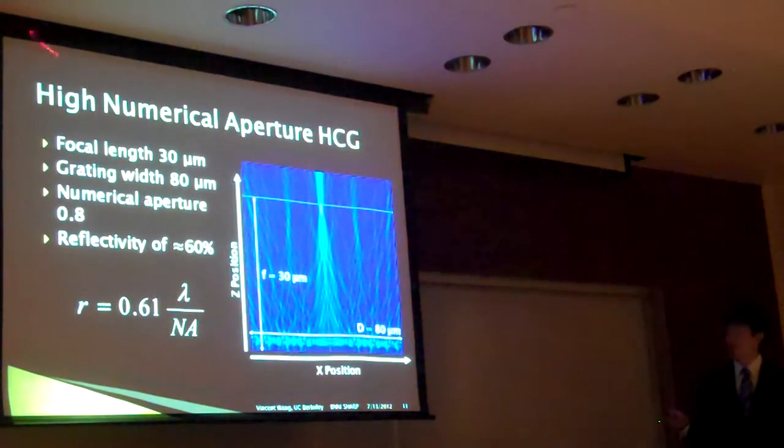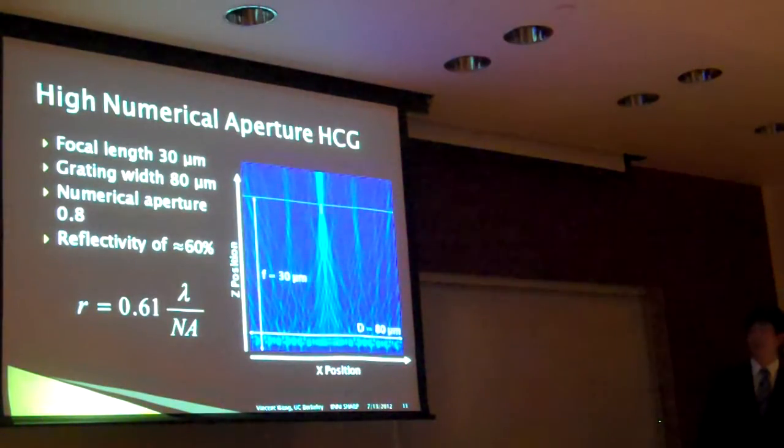For this design, I chose a focal length of 30 microns and a grating width of 80 microns because this would yield a numerical aperture of 0.8. However, even with this higher numerical aperture, the reflectivity dropped to around 60% compared to almost 80% for the previous designs. But the plus side is the image resolution equation shown here, R equals 0.61 times lambda over NA, where lambda